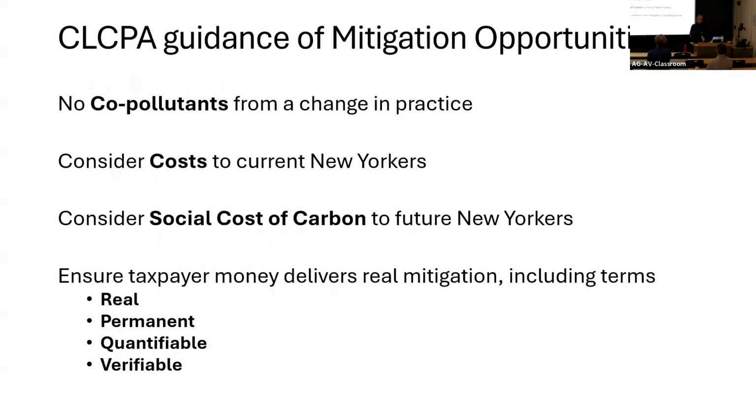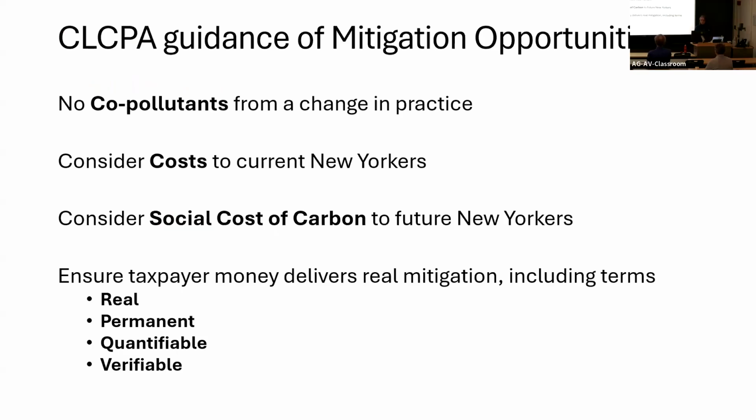So in summary, the CLCPA guidance of mitigation opportunities suggests no co-pollutants from a change in practice. We need to consider the costs of current New Yorkers and also the costs of future New Yorkers. And we need to ensure that taxpayer money delivers real mitigation by ensuring that these mitigation strategies are real, permanent,